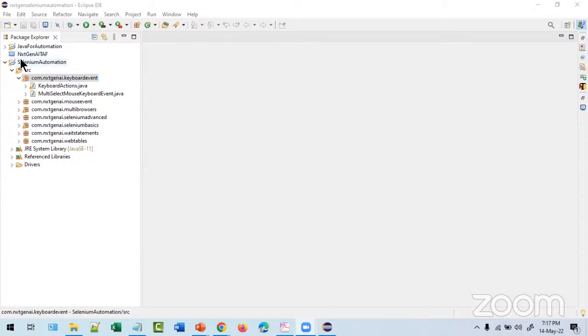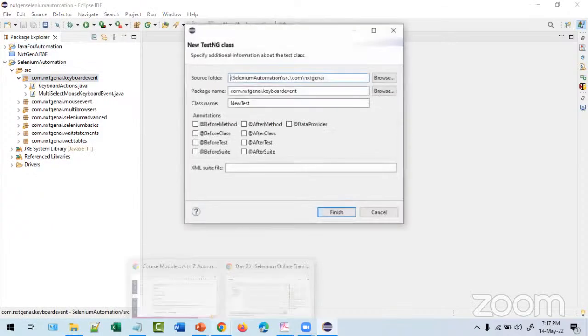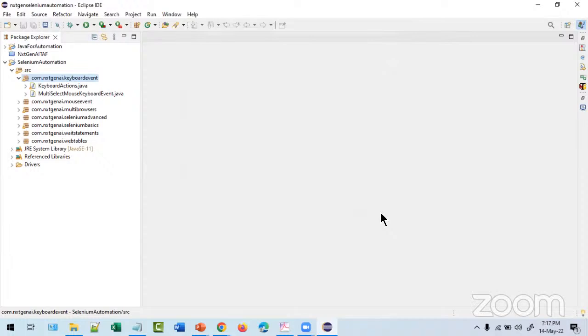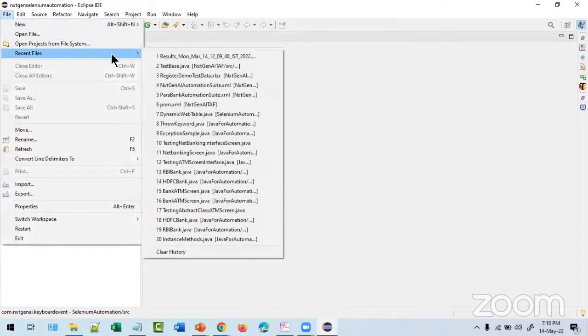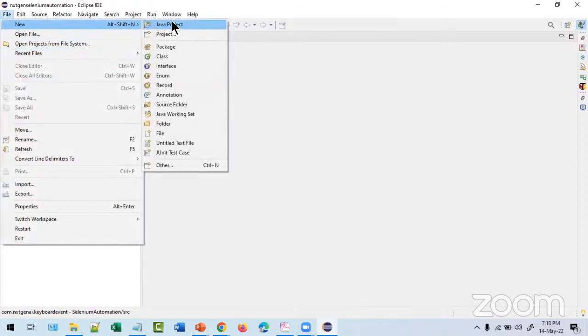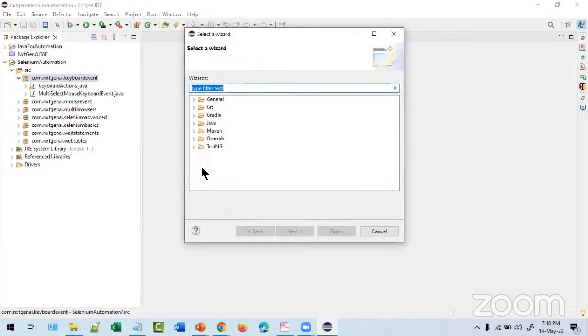Even without using Maven, with the help of a Java project you can create a TestNG file. This can also be done, but it is a very old traditional way. If you do it like this, you will face a lot of errors. I want you to work exactly how existing companies are following, everyone follows the Maven project. So we will learn how everyone is doing it. Till now we learned how to create a Java project. Now, a Maven project. Go to Others.